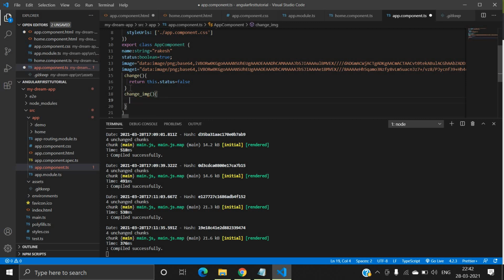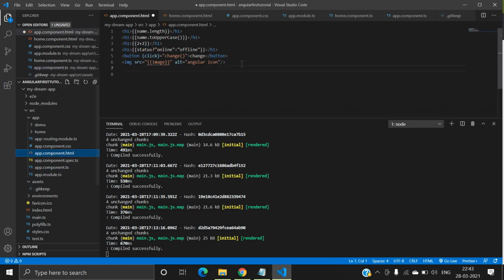Inside this method we will write this dot image equal to this dot image one. This property I will use inside another button. You can use it inside the same method, but I want to use it separately.